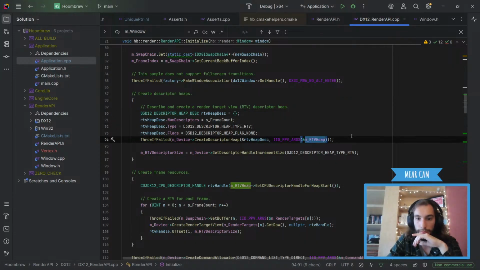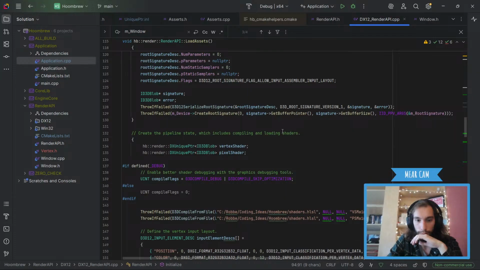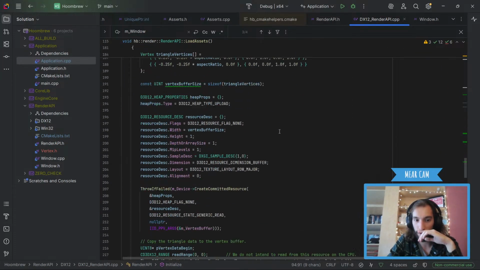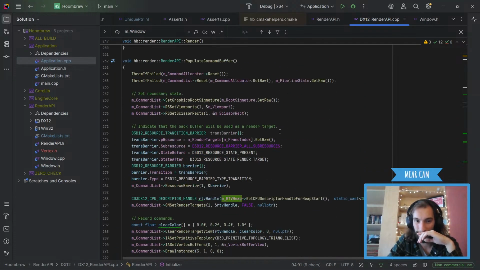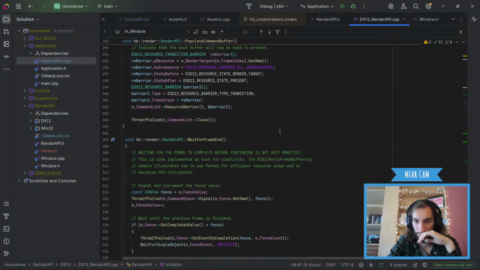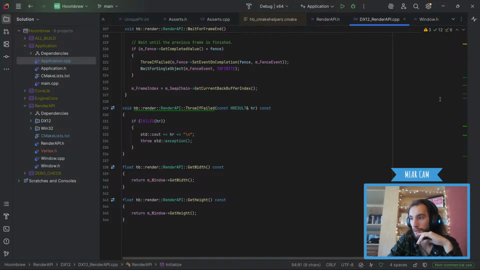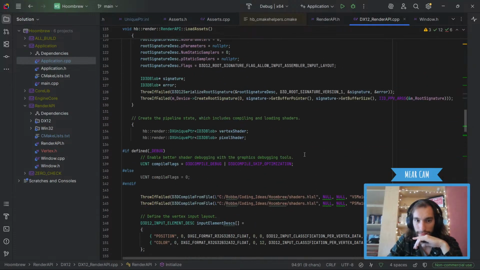So render target heap. Okay, so we have a render target view heap, and I'm pretty sure when we load the asset, we will also put it in the root signature at some point, no? We should. No? Huh. Oh, also I can close this. Hold on, what? Didn't I read that correctly?